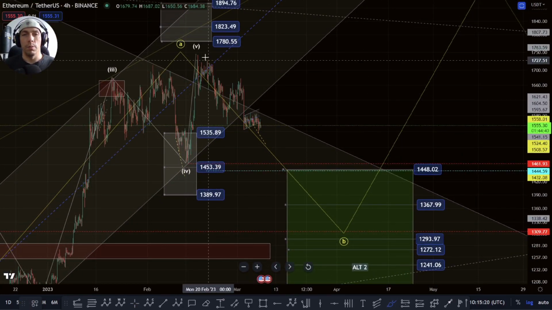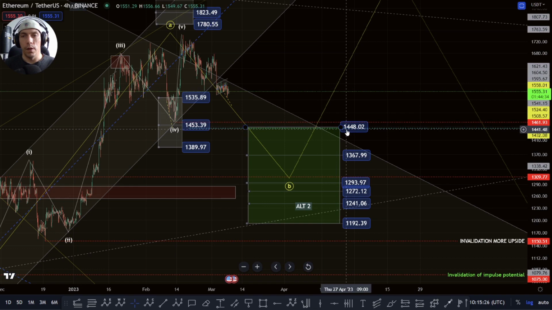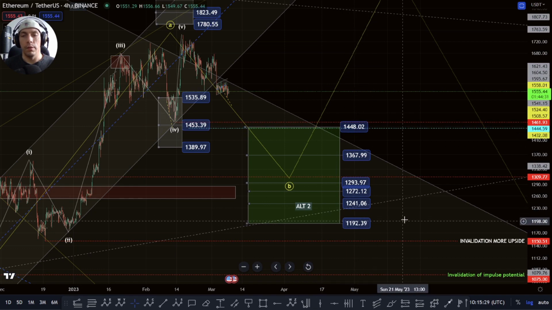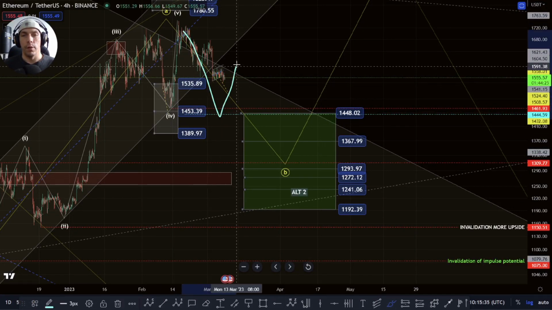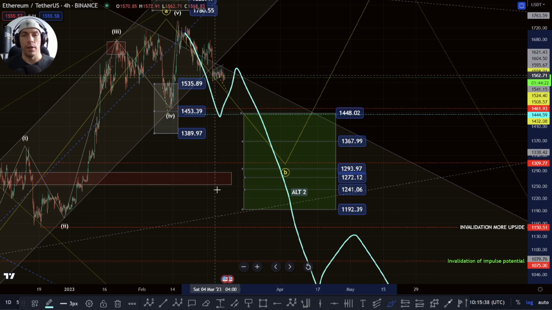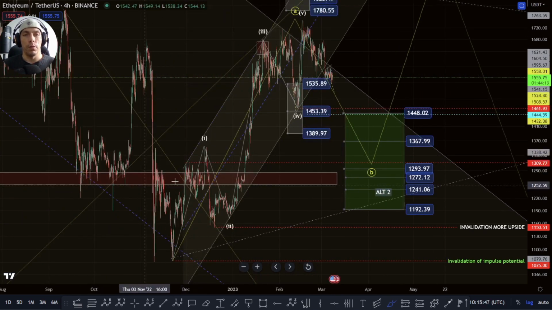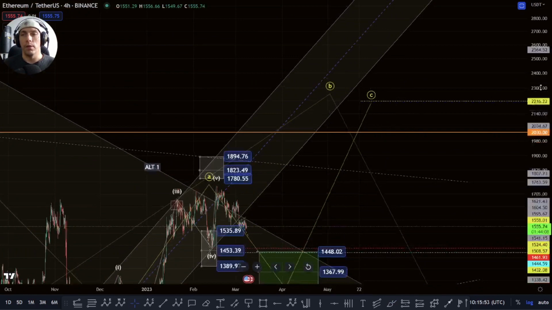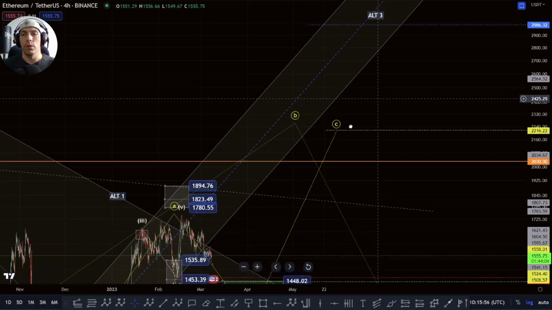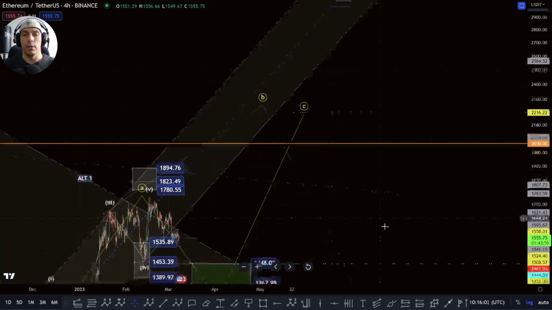If we start to move down impulsively, and we start to lose this key support zone that we have here of this 1448 to this 1192, potentially then we would still be looking for that idea of having a bigger five-wave structure to move to the downside and complete that fifth wave. So we need to give it a bit of space here and see how it develops, but that's what we're being careful of on the downside potential. Alternatively, we could also argue that potentially we're looking for either, like I said, a B, and then a C to the upside towards this 2216. Alternatively, if we move much higher here, potentially up to this 2986,